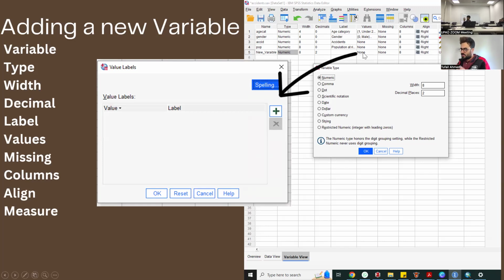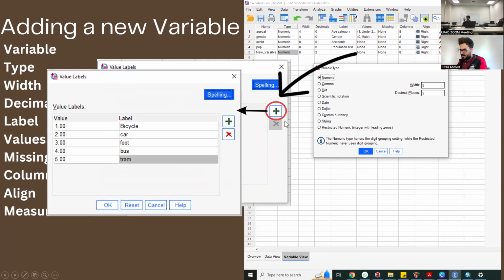And in values, when you click the values, you can add values to it. How can we add values to it? We will press plus, and a new window will appear. In this category, let's say I want to collect data about what mode of transport you use. So I will give the software value 1 for bicycle. Let's say there are 5 types of modes of transport.